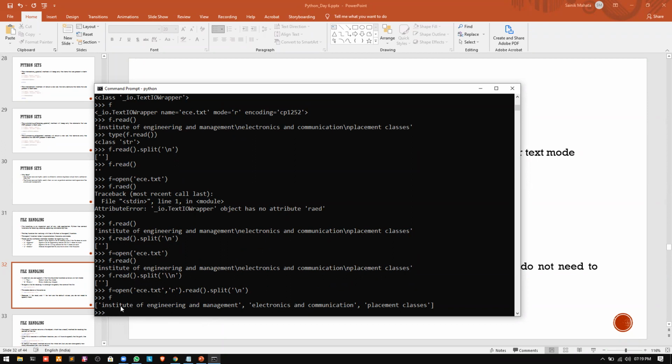So you can see now it's a list of 3 elements. So the first element is the first line, second element is the second line, and the third element is the third line. Okay. So this is the first thing that we need to understand. The second thing is we can also write